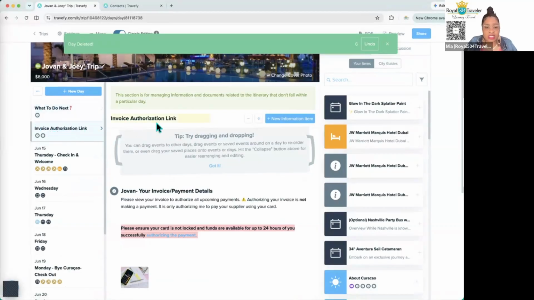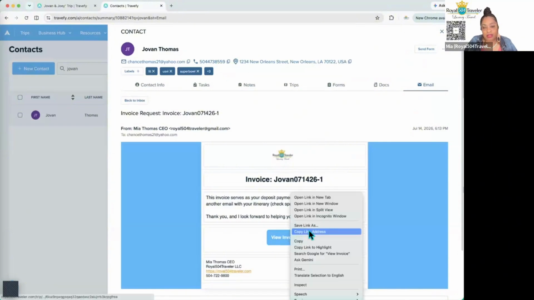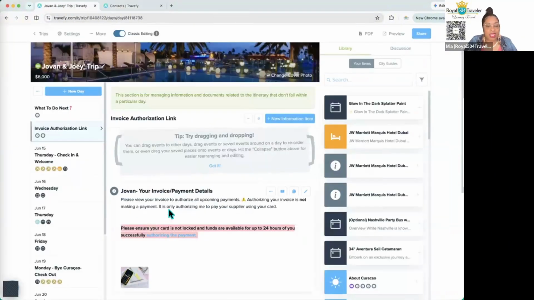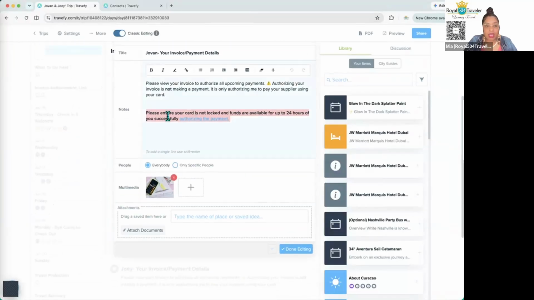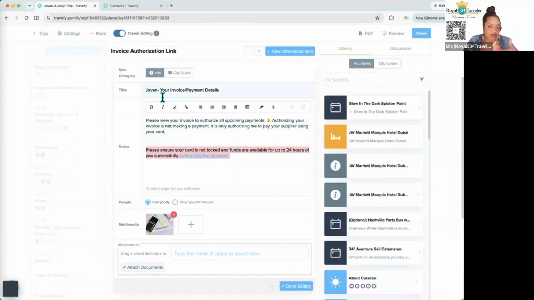All right, so now we have the authorization link section you've made. And I can't remember if I copied this, so I'm going to recopy it. Copy the address link. And when you create the section that you're going to make, I title it the client's name just so I can visually see which client this is for. So since we sent this to Javon, I have a preset message that says, please view your invoice to authorize all upcoming payments. Authorizing your invoice is not making a payment. It is only authorizing me to pay your supplier using your card. Please ensure your card is not locked and funds are available for up to 24 hours of you successfully authorizing